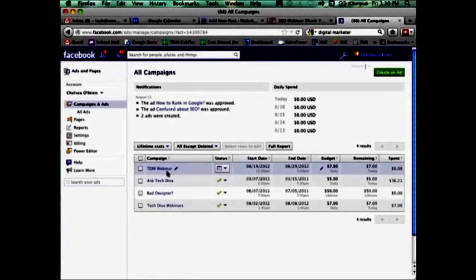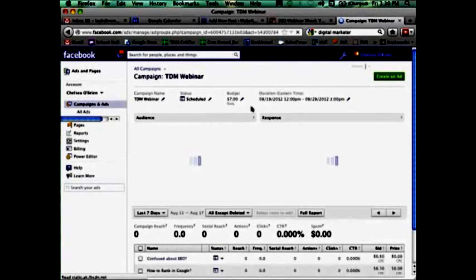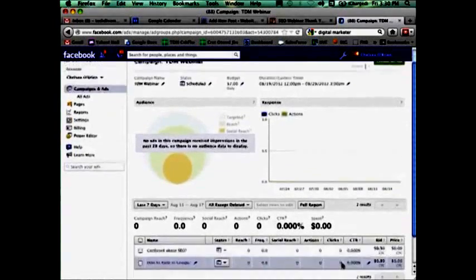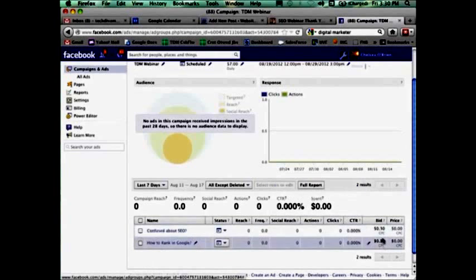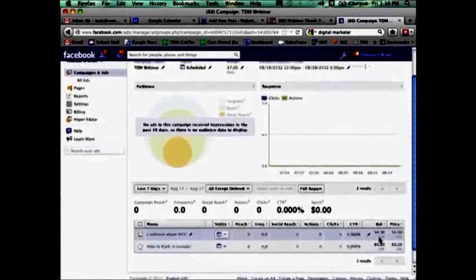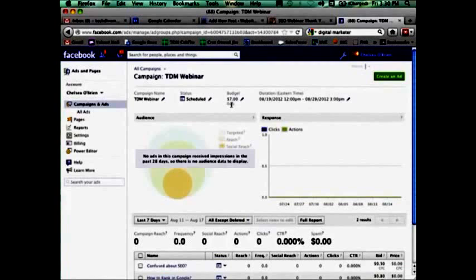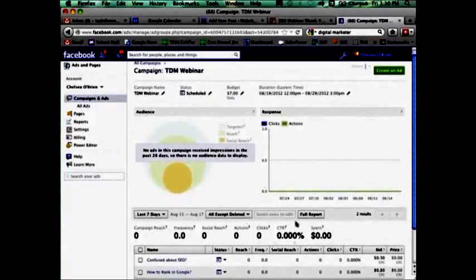I've also set the price per click. If you go into this ad, you can see here my price per click. I've set it at 30 cents. I have 2 ads that are going, and the price per click is 30 cents. Now that's not a lot of money at all, right? With a $7 budget, I'm keeping this really low. I'm just testing something out right now. So at this point I'm just throwing money out there to test. But you can at least see how this sets up.